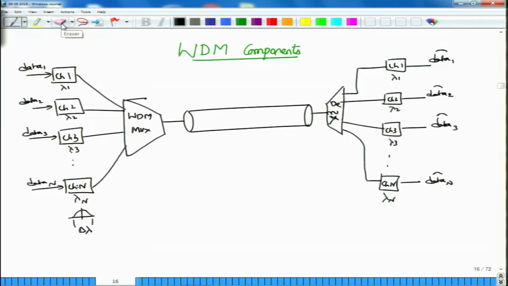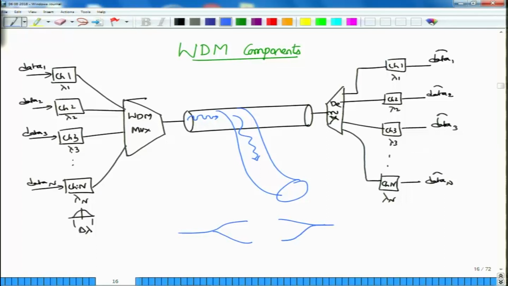Suppose at some point I want to break off this optical fiber, or to actually get some of the signals, and instead of routing them this way, I want to route them to another optical fiber. If I want to do that, I need to be able to first couple light traveling in this direction on this waveguide to the other waveguide. So what I need is some way of branching out an optical signal, and sometimes I want to actually combine signals.